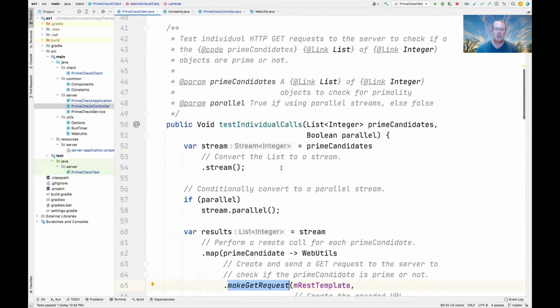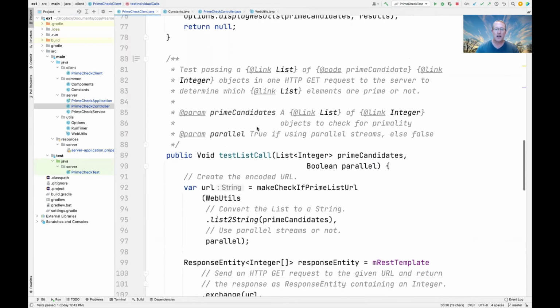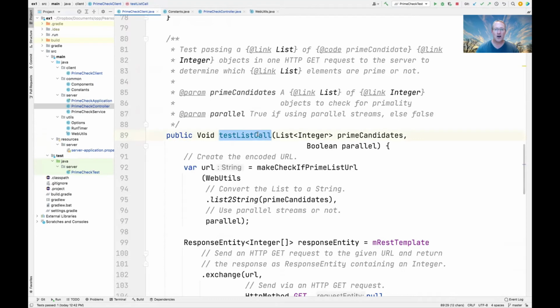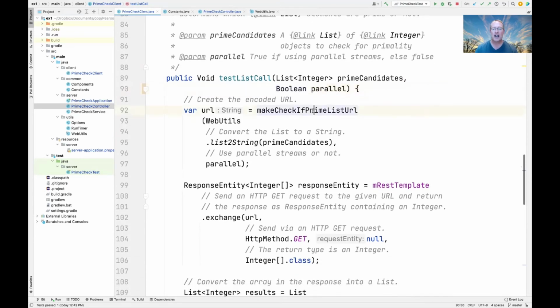So that's basically what's happening for test individual calls. Let's go down and take a look at what happens with test list call. So test list call is going to take a list of prime candidates, list of integers, and a Boolean, which will be true or false if we're doing parallel streams. And you can see that in this case, we're going to start out by making the check if prime list